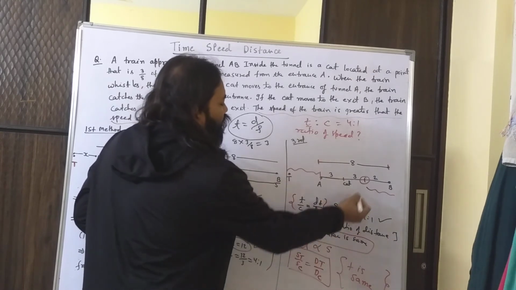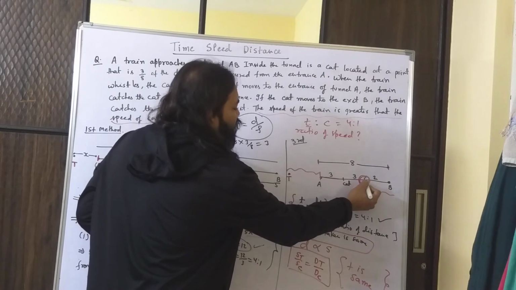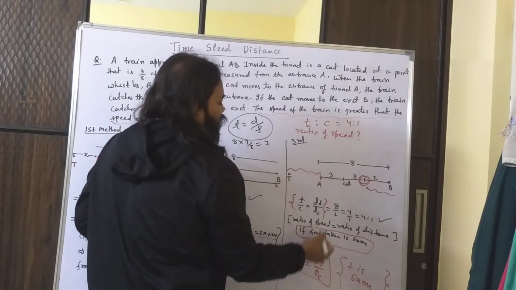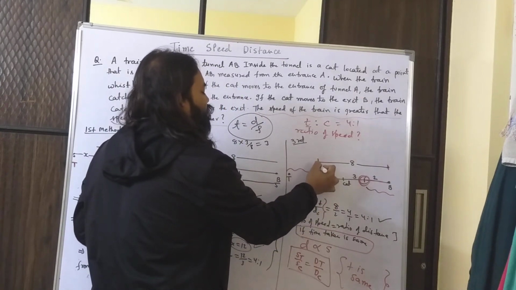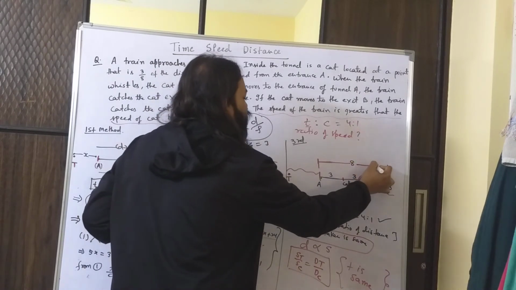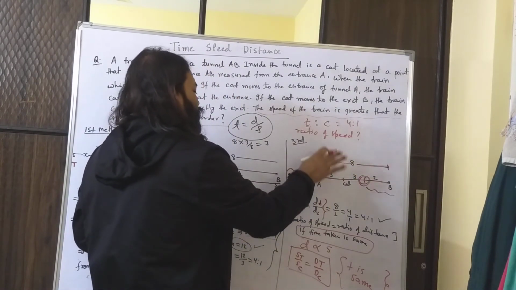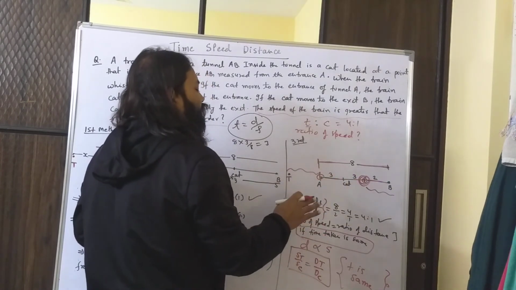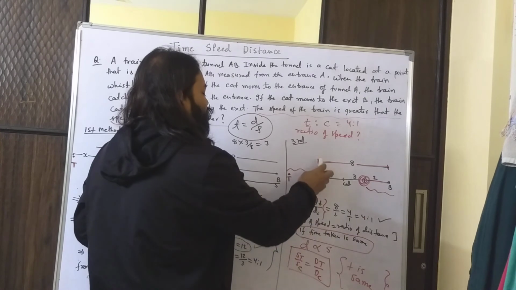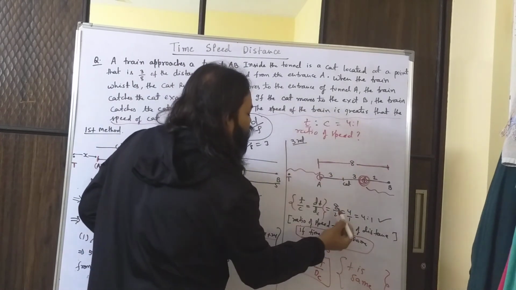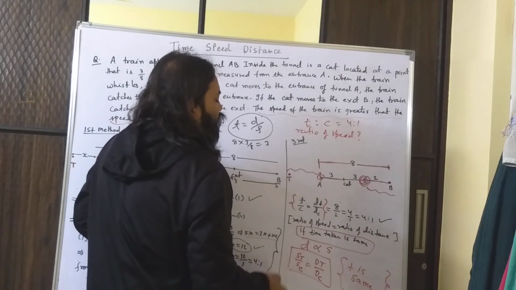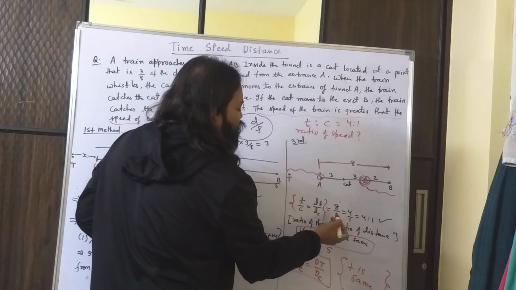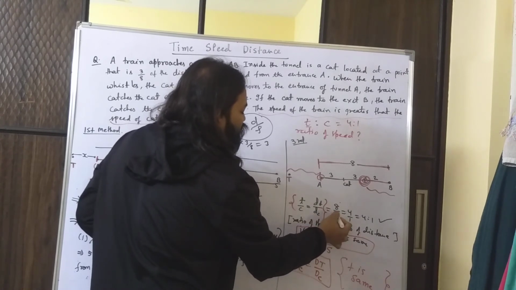Now understand, from this point onward, how much of the journey is remaining for the cat? So the cat has to go just 2 units. And from this point onward, how much of the journey is remaining for the train? The train has to go 8 units. Now, at this point in time, the train is here and the cat is here. But in the next few seconds, the train will go from A to B. So the distance covered by the train will be 8. In the same amount of time, the cat will go from this place to this place. So in the same amount of time, the cat will cover this distance of 2 units.